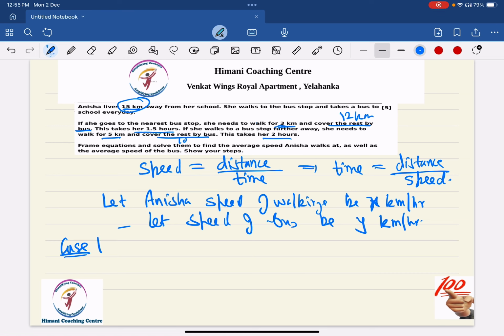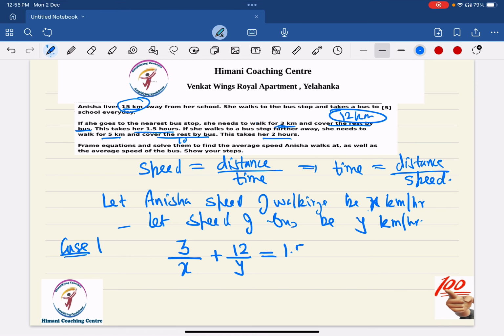We have to find the total time she is taking. So understand, she is walking for 3 kilometers. So what would be the time taken by her for walking? It would be 3 by x, because she walked 3 kilometers at a speed of x kilometers per hour. So she took 3 by x hours walking, and then she covered a 12 kilometer distance by bus. What is the speed of the bus? Y kilometers per hour. So the time taken by bus would have been 12 upon y, and this total time